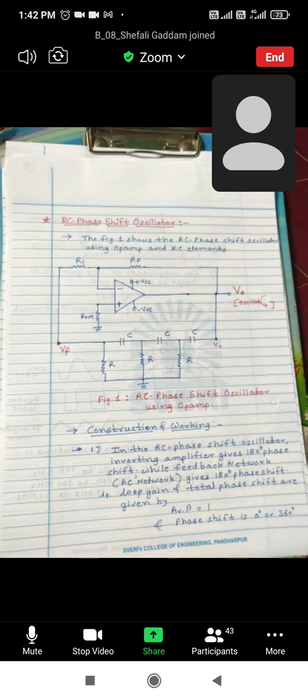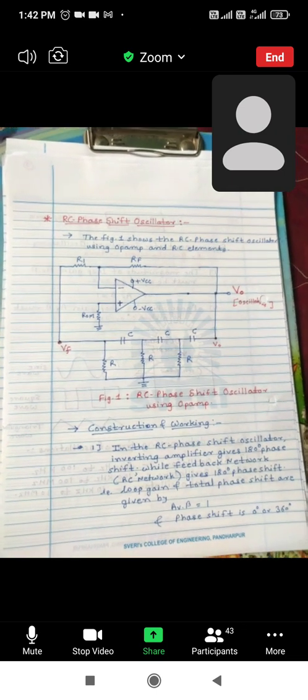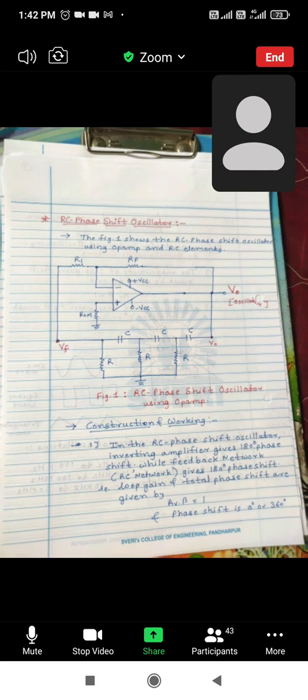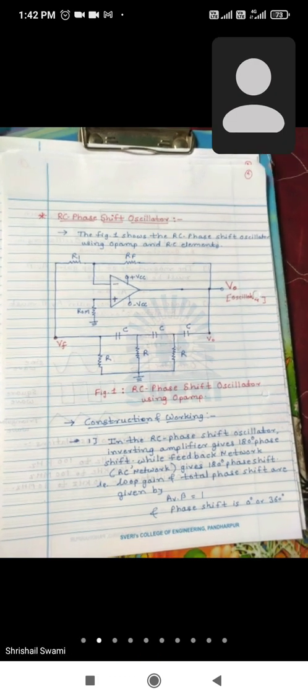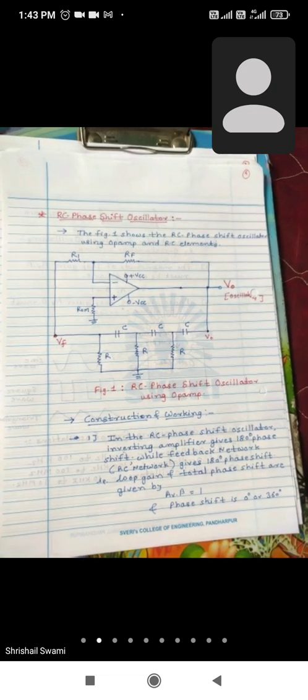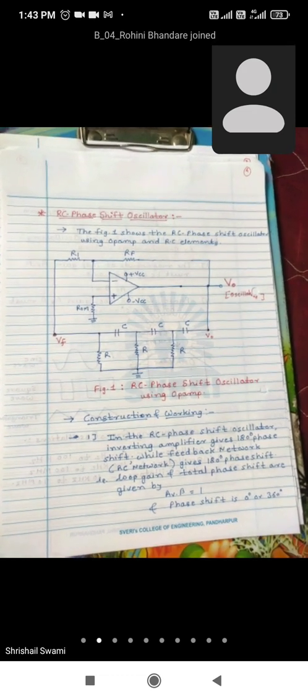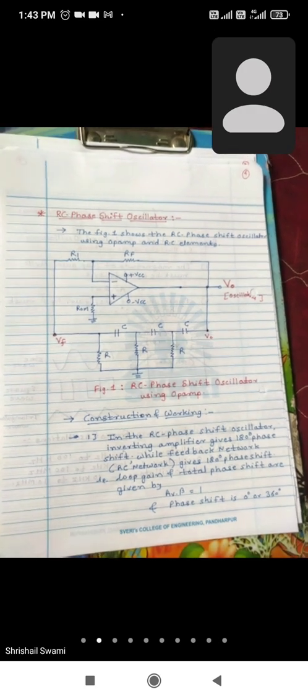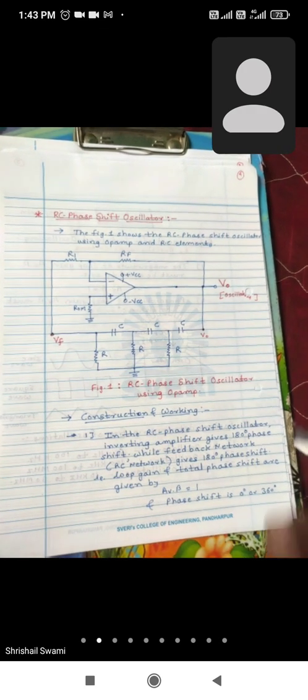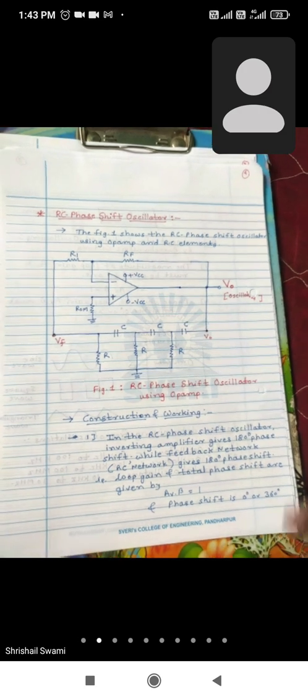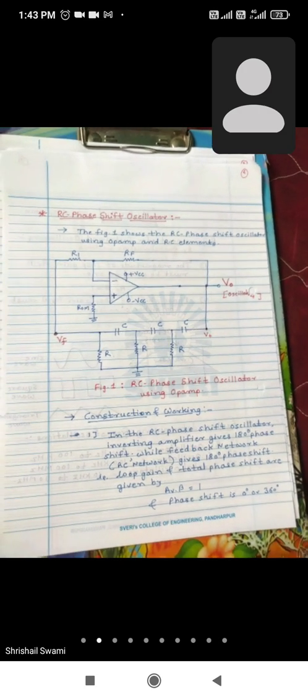So, in the previous lecture, we discussed the introduction of unit number 5. We started along with the syllabus, the importance of the chapter, the central idea of the chapter, the title of the chapter, and what the course outcome will be after the completion of this chapter. All these points we discussed in the previous lecture.